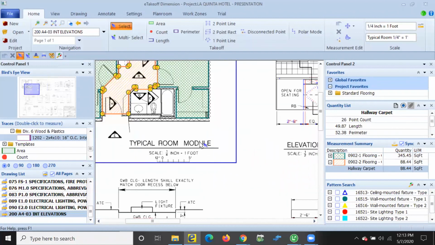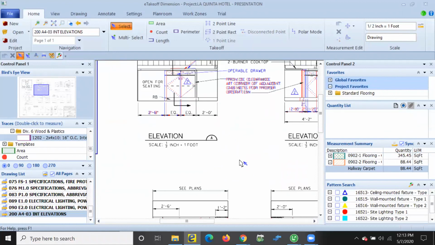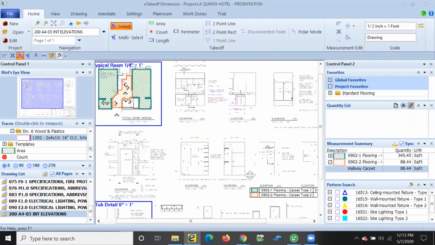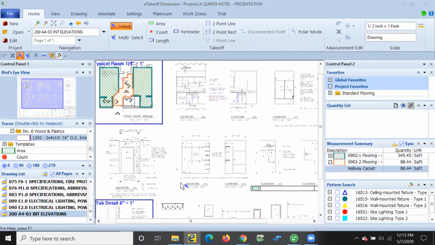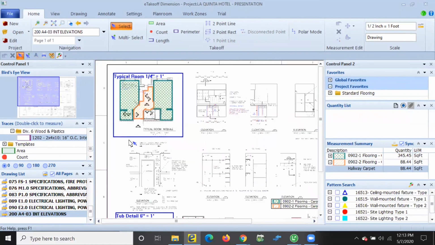Most of these drawings have the page globally set at 1/2 inch. So you can, one, set scales in this program globally throughout for the entire project. Then you can go page by page, and then you can go vignette by vignette. So you'll see here now I've got a 6-inch tub detail here as well. So just gives you an idea of that capability. Scaling wise as well, you can calibrate to a known dimension on your drawing. So if you didn't have a scale set, you can easily calibrate it in eTakeoff.